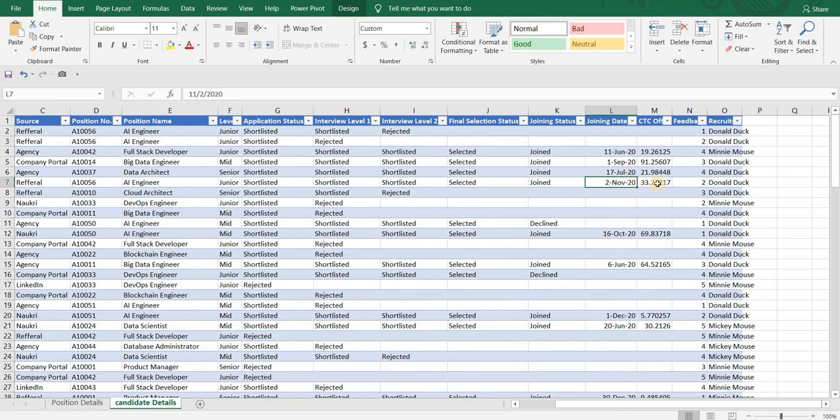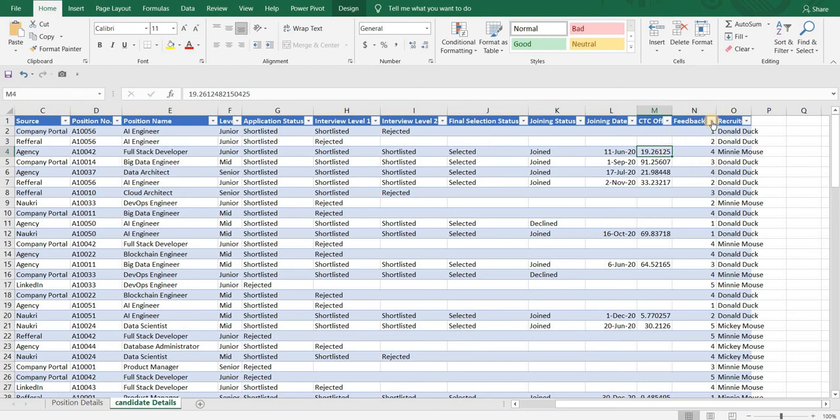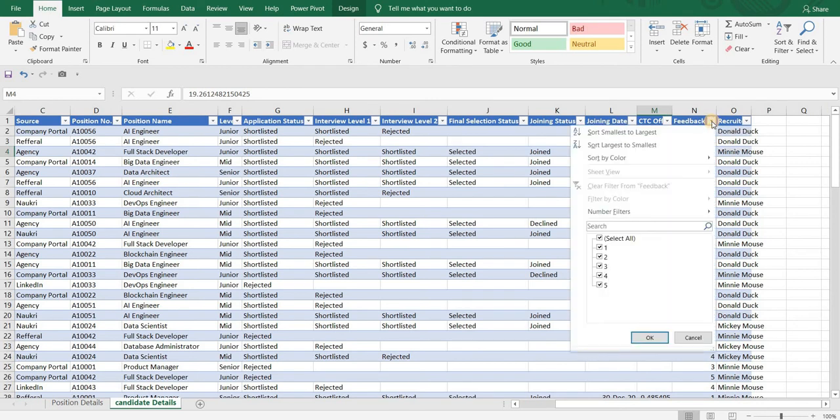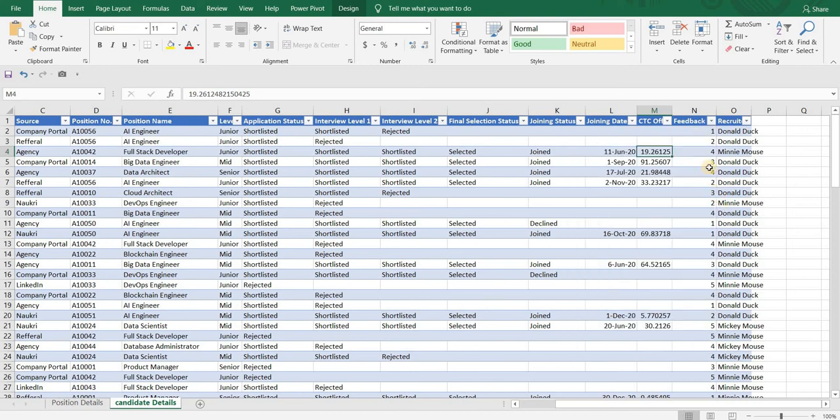And if the candidate joined, what was the CTC offered to that candidate? Next, feedback. What was the feedback that the candidate gave to the recruiter? And the responsible recruiter for that particular candidate.